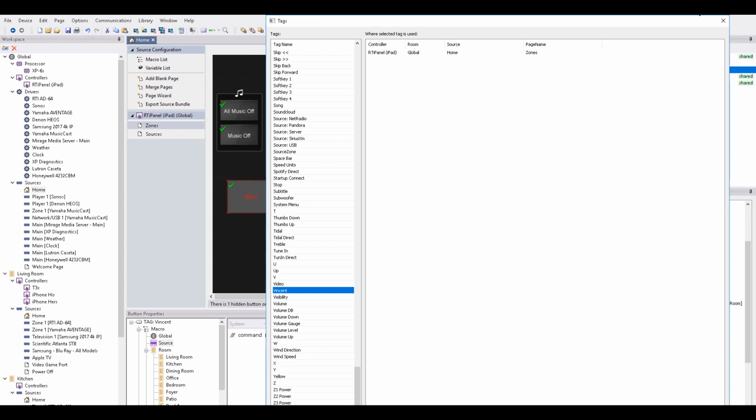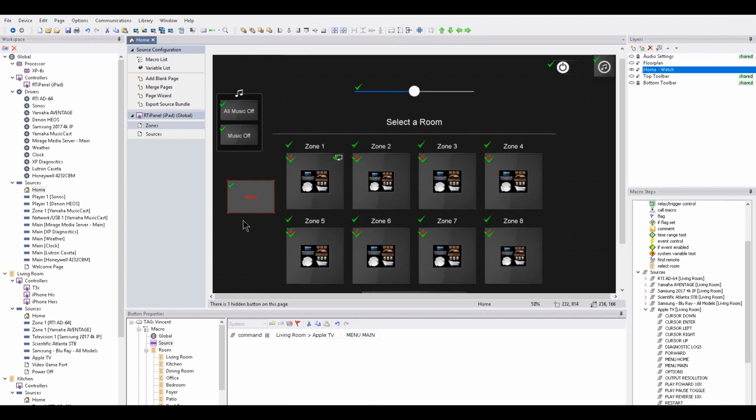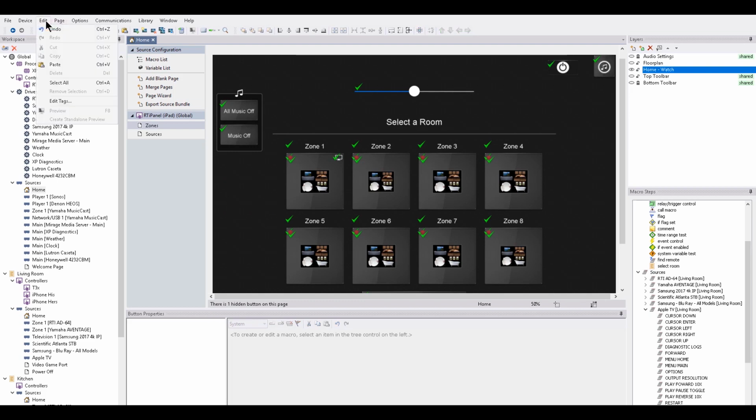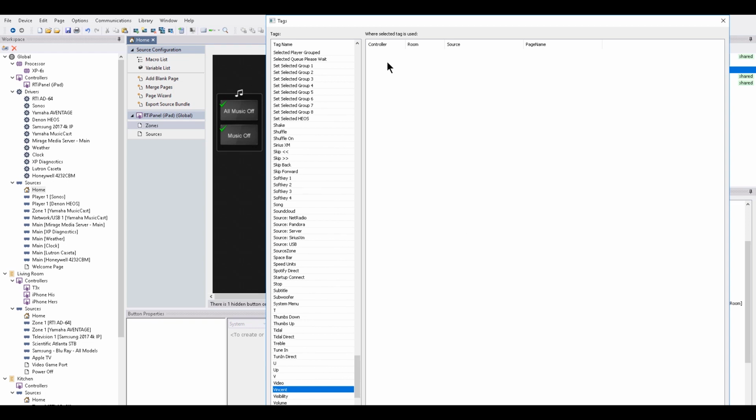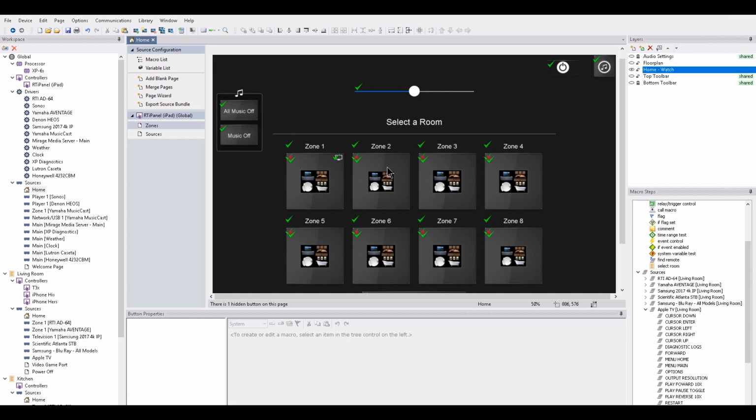Now what happens when I delete Vincent, where I created a source macro on? Now, if I go look at my tags, you'll see that Vincent still exists, but it's not on a button. So once you create a tag on Apex, even though it doesn't appear on any interface, it's still part of Apex. And even better, when you put it on a button, depending on what source it's on, what source level